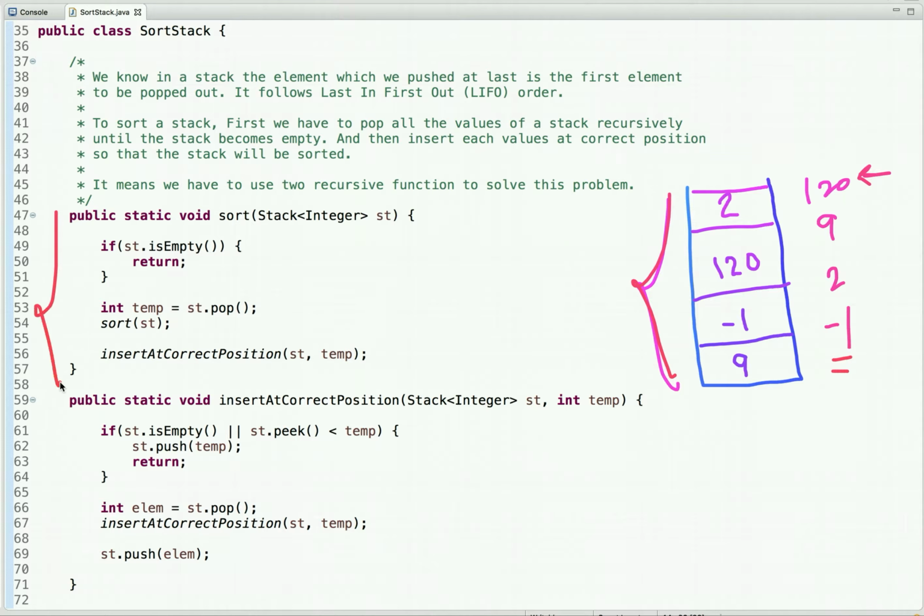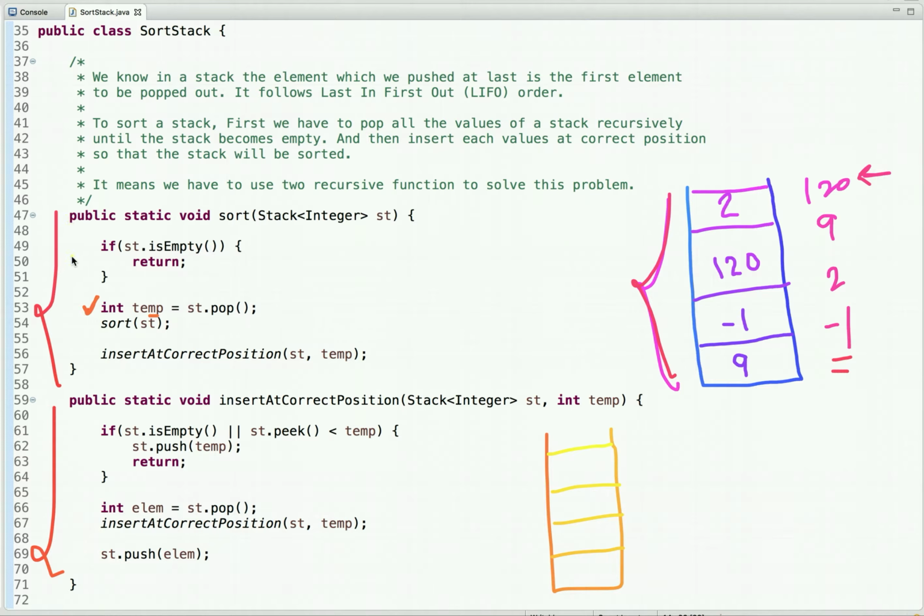Here I am using two recursive functions. In the first recursive function, we pop all the array elements and we keep the value in a temp variable. Each recursive call will be put in a call stack, and whatever value we store in a temp variable is also maintained in the call stack. So let's visualize it. Suppose this is a call stack, where when we call a function recursively, all the function calls are put in this call stack. You can think of it like that.